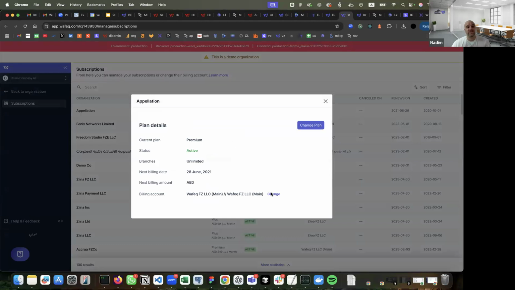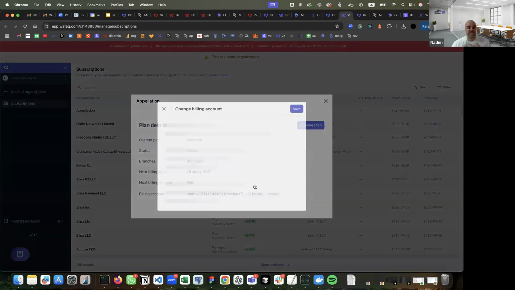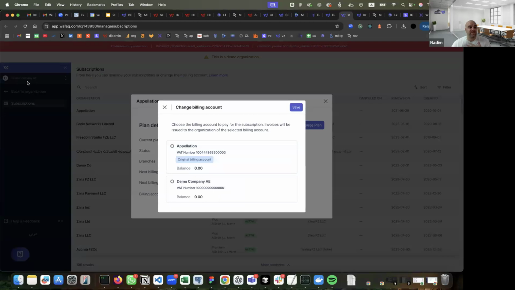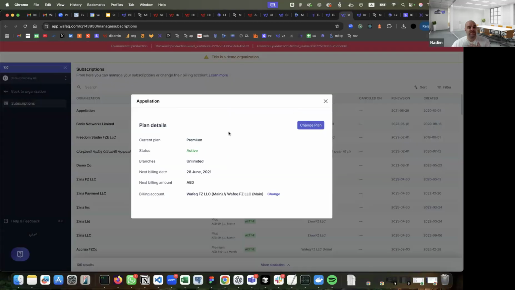And here you can change the billing account. So for example, let's say me as Demo Company AE, I want to pay for the subscription. I want to manage the subscription for my client, so I can change the billing account, or I can hand it back to the client, which is what we call here the original billing account. So let's say if I take ownership of this subscription, I can change the plan,